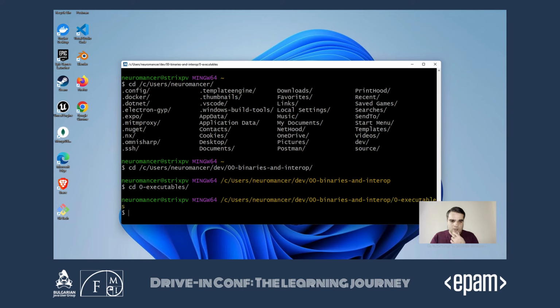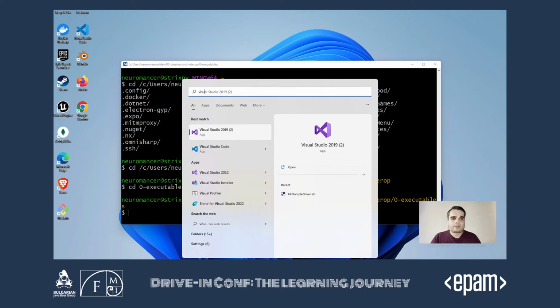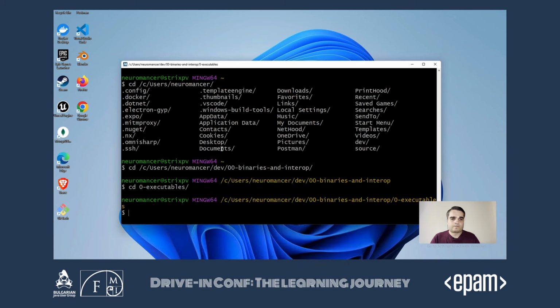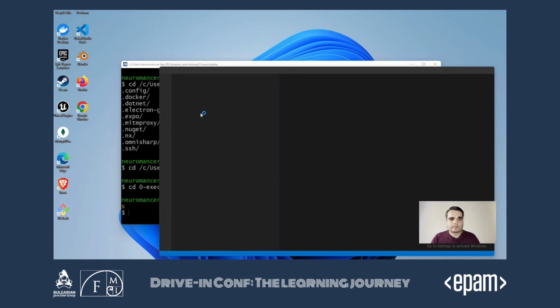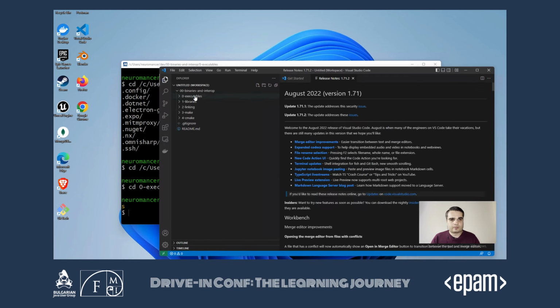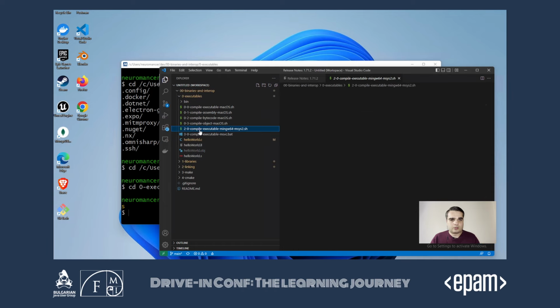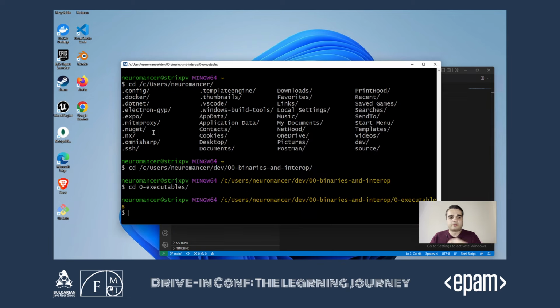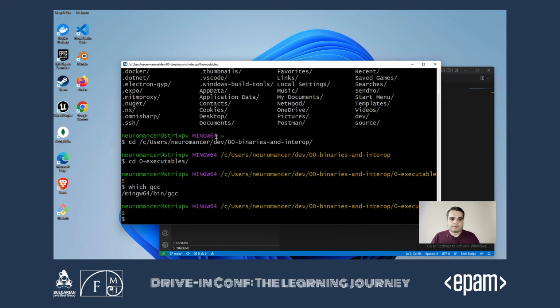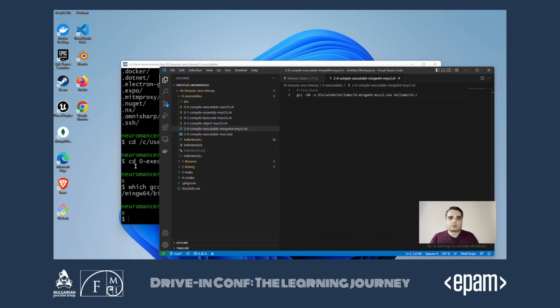Okay, and let me launch Visual Studio Code quickly. Okay, so in the case of MinGW, we will use the GCC compiler, which is available from this environment. And everything else is pretty much the same.